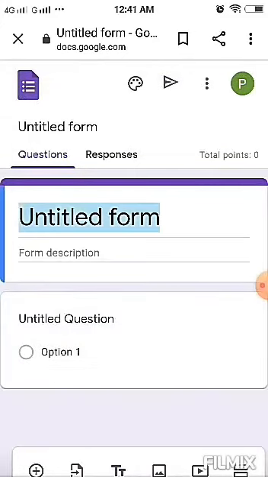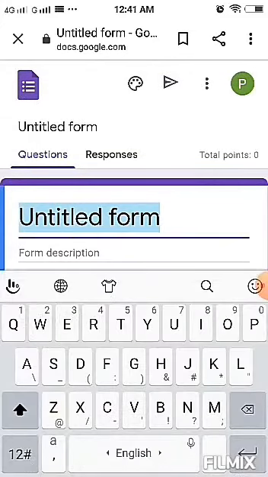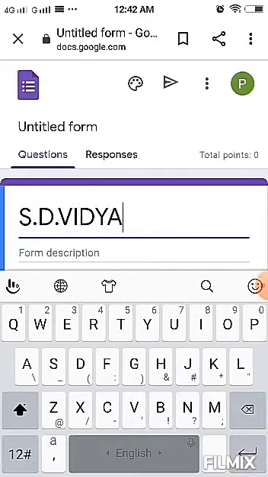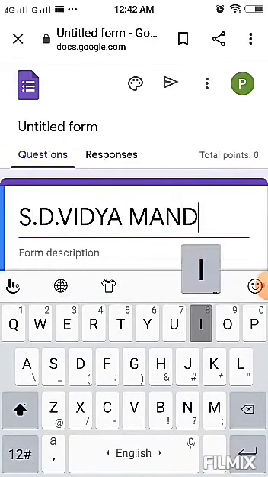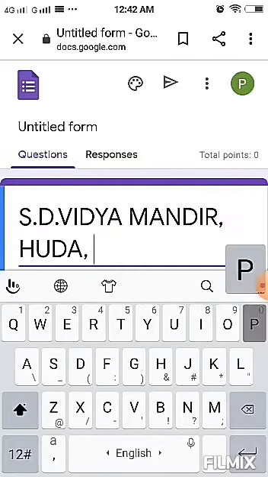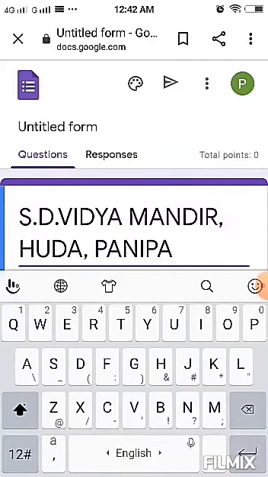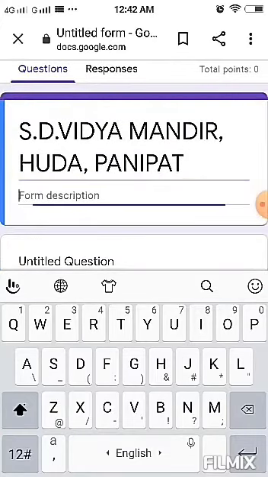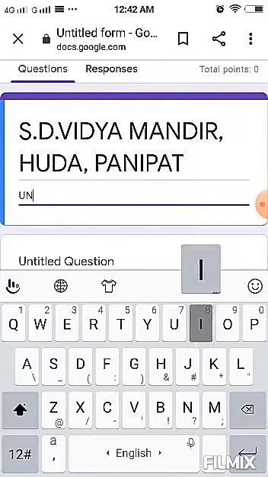So at the place of untitled form, write the name of the school. Scroll the screen and in the description section write unit test.